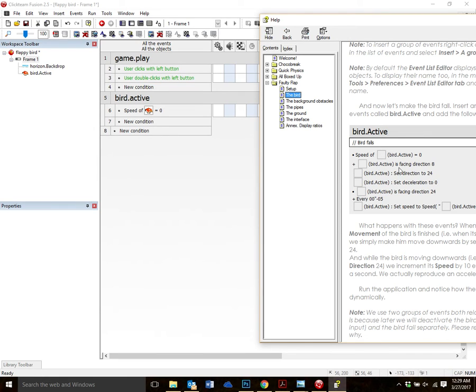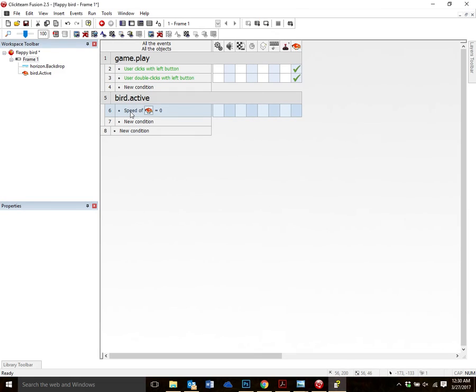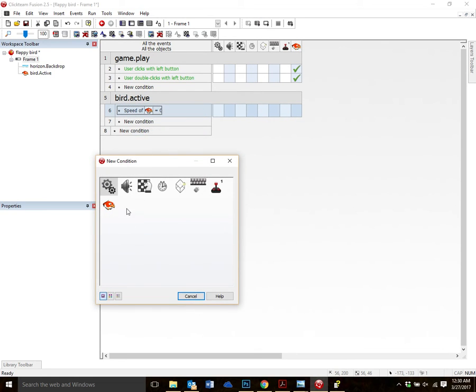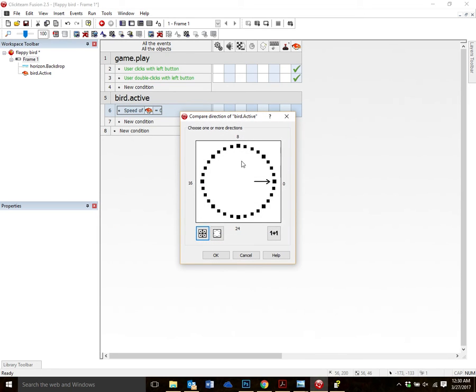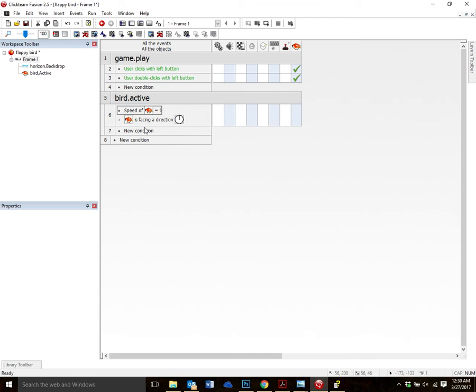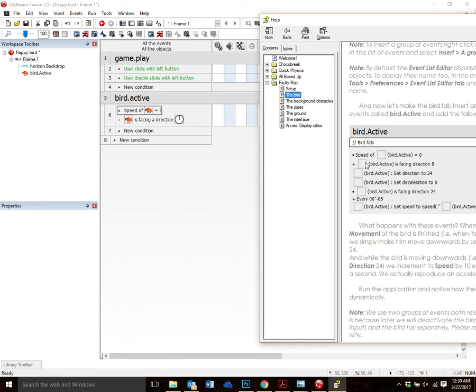And when the bird is facing in direction 8. So I need to right click in here again and insert a second expression. I'm going to say when the bird is facing up, direction 8, right? Let's make sure we did this right. When the speed of the bird is 0 and the bird is facing direction 8, which is up, then